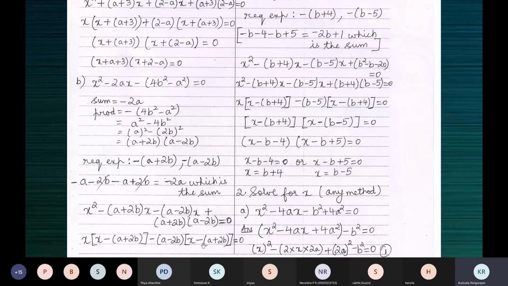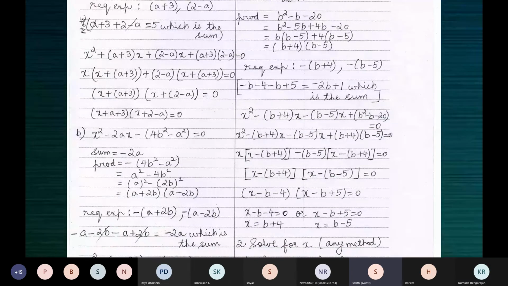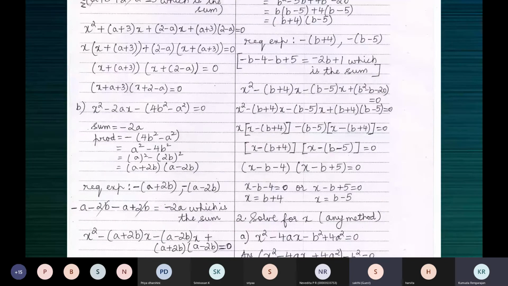All right. Should I wait? I am out in the previous question. Yeah, I have put like x square minus b minus 5x minus b plus 4x plus. Shakti, if you've worked in a different way, it's easier to help or check if you share a picture. Let me go through that, because that'll be easier. Please share your picture. Let me go through that and get back to you.